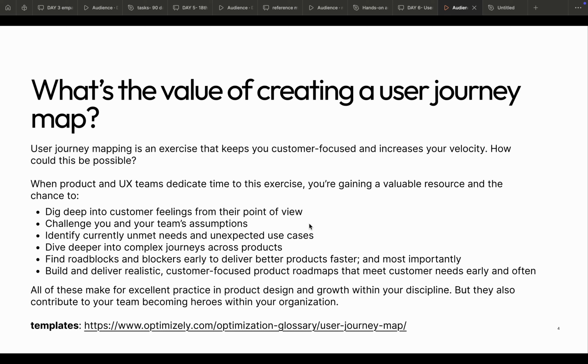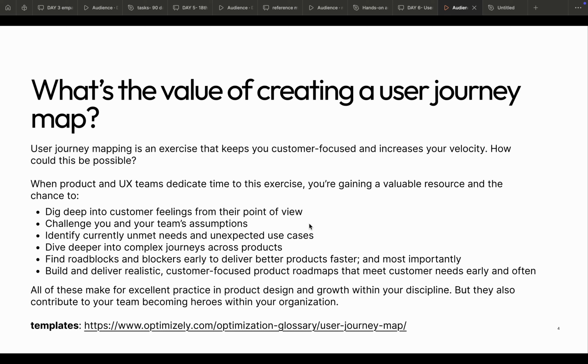What's the value of creating a user journey map? A user journey map is an exercise that will help us to keep user centric, and it can also increase our velocity. So when we are designing a product, if we are going to dedicate some time for creating a user journey map, then it's necessary for us to